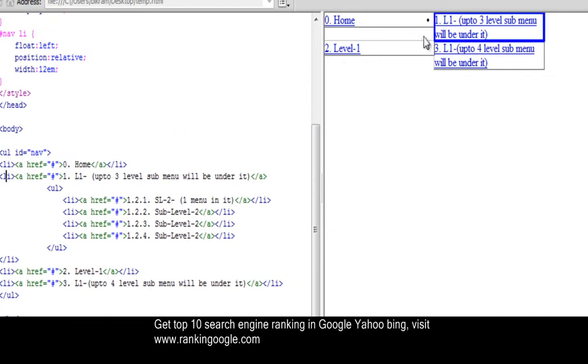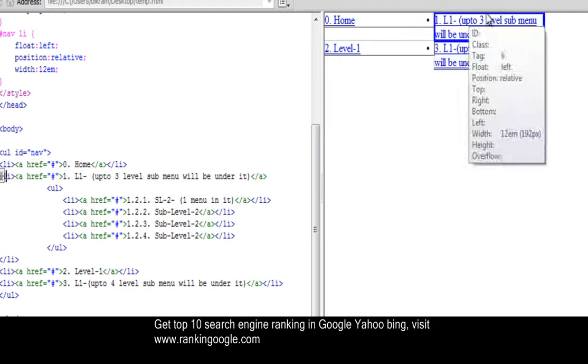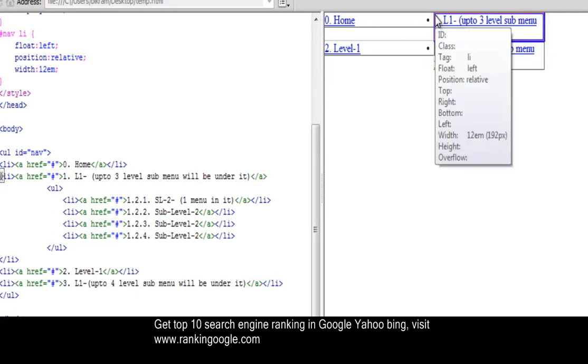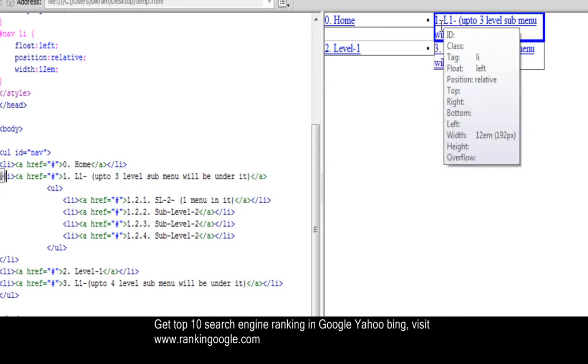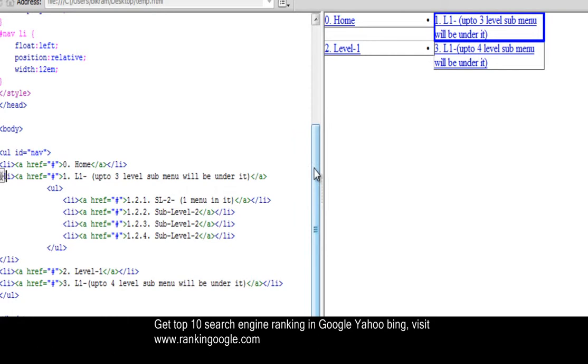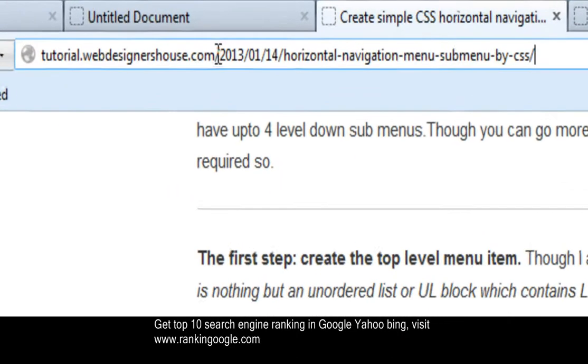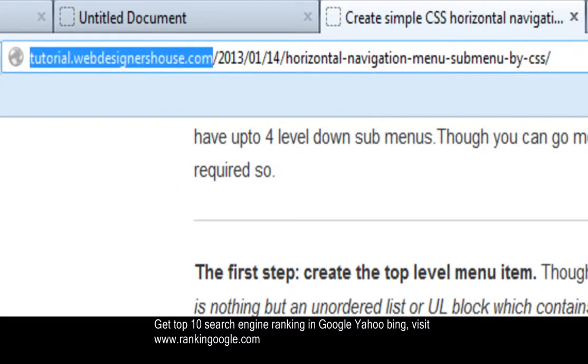Okay, this is Dreamweaver, so you can check it like this. This is the border, and this list item has relative positioning. That means any sub item, that is the UL block here, will be relatively positioned from this point, with top and left properties. I highly suggest you take this website's relative positioning guide in the tutorial at webdesignershouse.com. You will get some guidance on relative positioning if you go to the home page, and in the menu there is positioning explained.